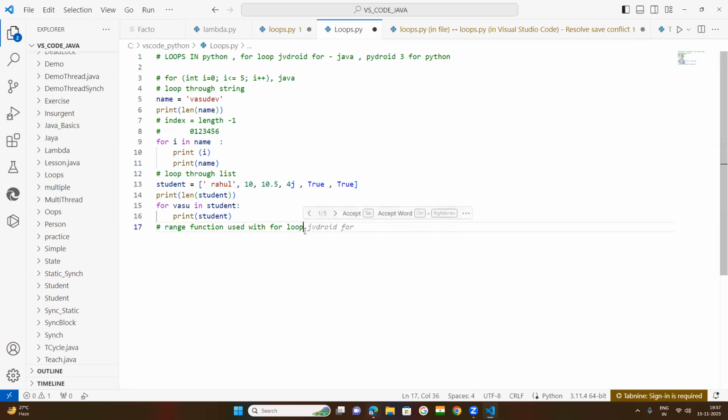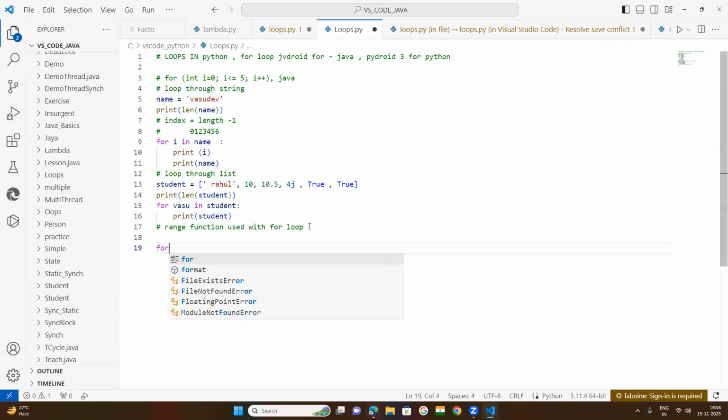See, what is the use of the range function? If I want to display numbers from 1 to 10, I need the range function. It will take two values: the initial value, the starting number, and the ending number. So the syntax is for